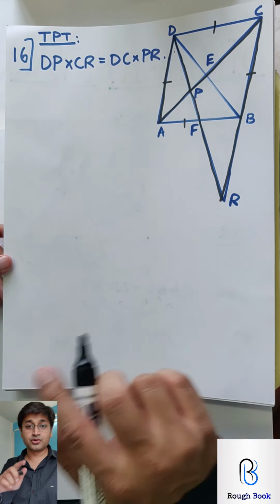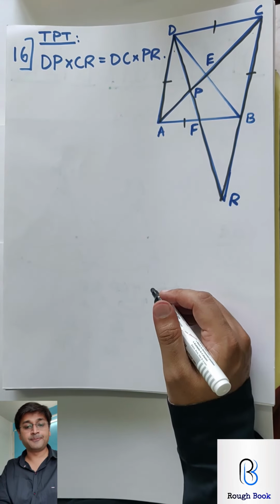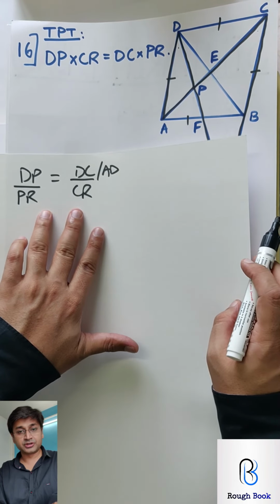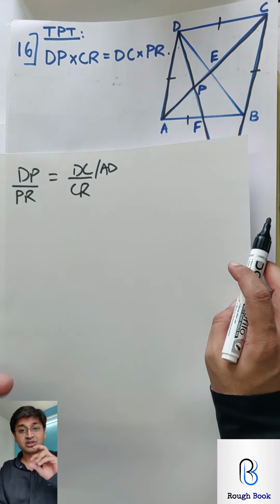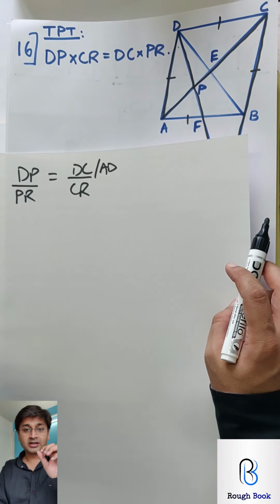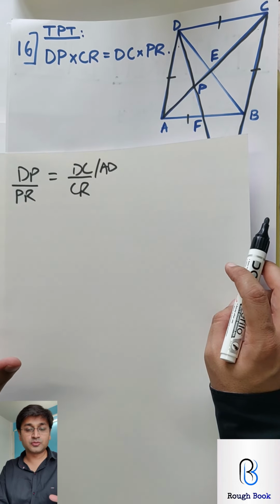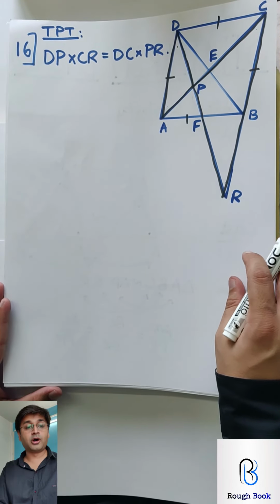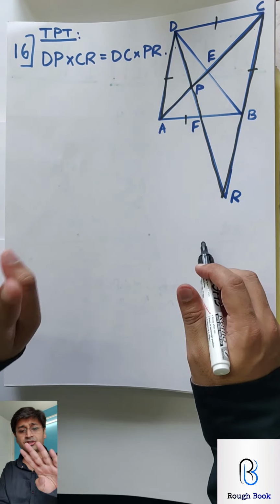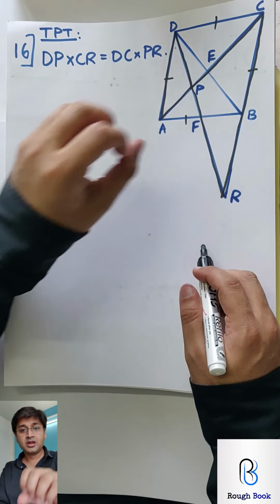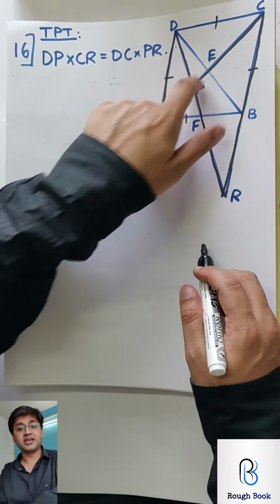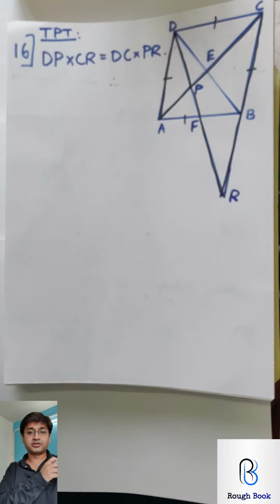So you need not get confused. How to start the question? Anytime they give you anything like this, write it in the ratio format, proportion format, so you come to know which triangles you're supposed to attack. Until and unless you know which triangles you're supposed to work on, it's very difficult to draw conclusions or to go about the question. So step 4: prove these two triangles similar. 5th step CSST, 6th step exchange AD as DC, 7th step write it in the multiplication format.